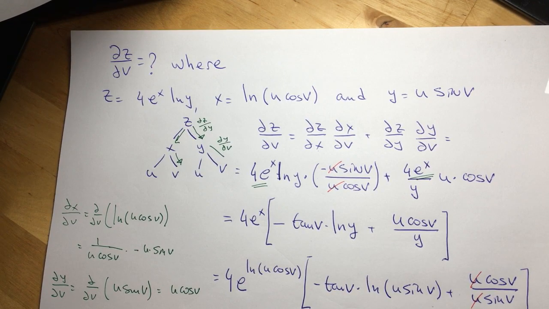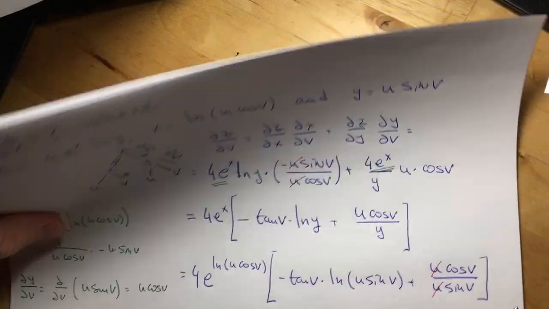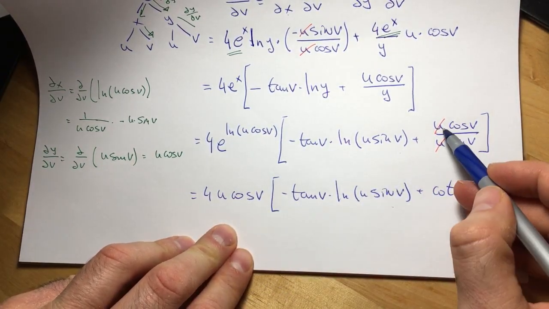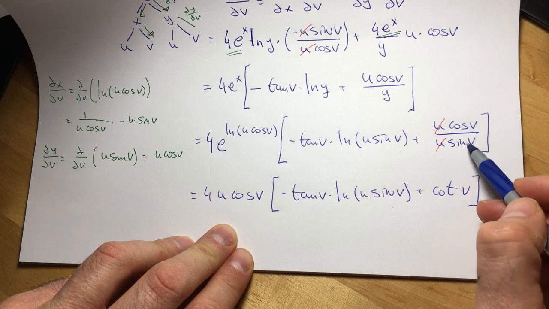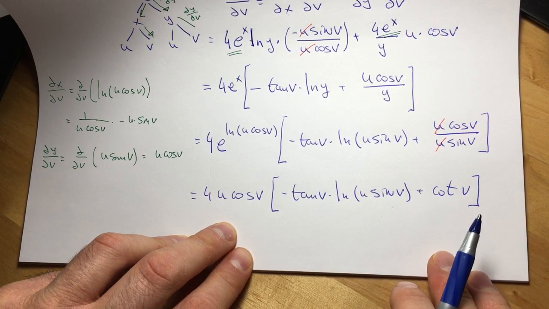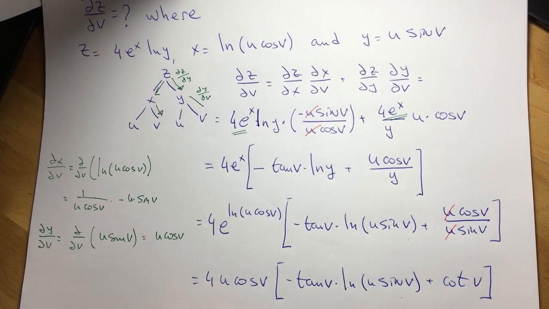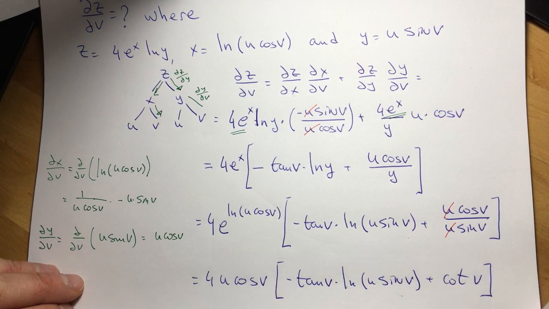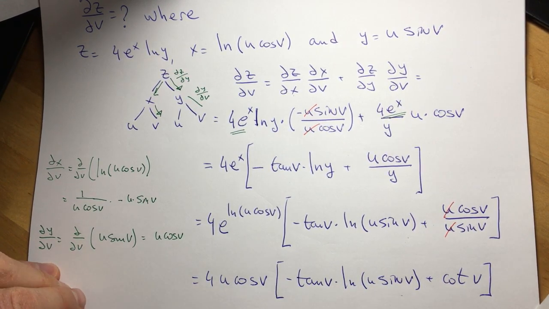Here I cannot simplify anything. Here I cannot simplify anything. And finally I cancel u and u, and cosine of v over sine of v is cotangent of v. And this is the solution. So that's how we find partial derivatives. Okay? Now we can do